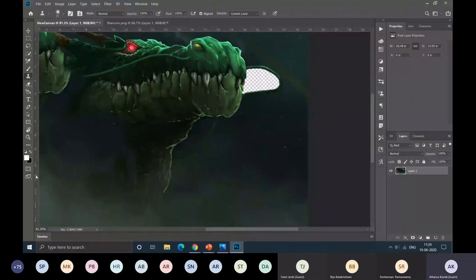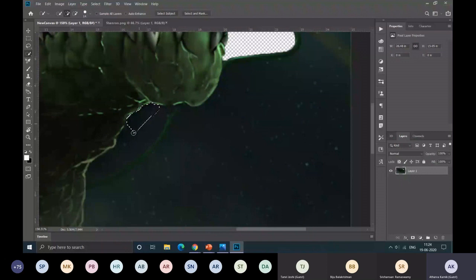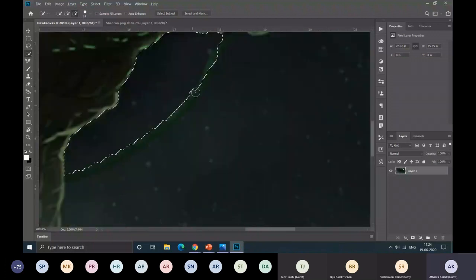Now we'll attempt to clear all the background of the dragon with quick selection tool. So bear with me. We'll select this part. Keep in mind that the quick selection tool requires a lot of patience, but at the end it delivers very efficient outcome. This area is selected.